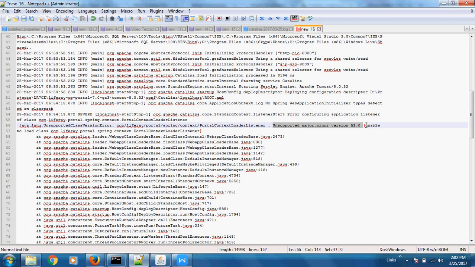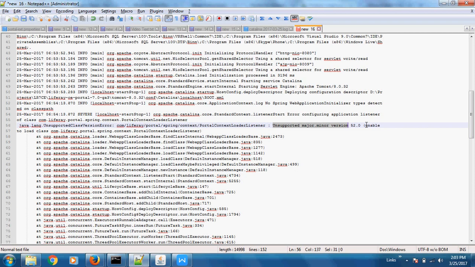Whenever you get this error, unsupported major minor version, you should understand that something is wrong with the Java version. Either the Java version installed on your machine is lower or higher than what is present in the package that you are going to run or install.